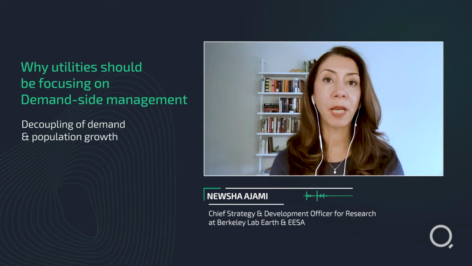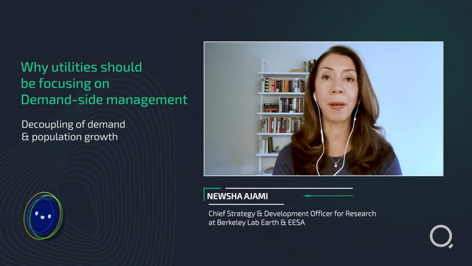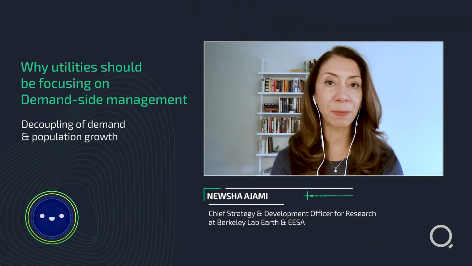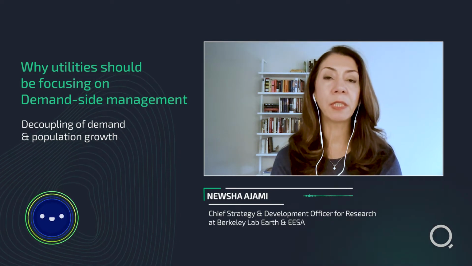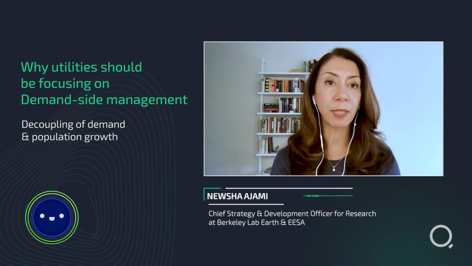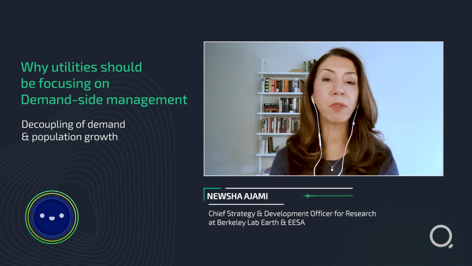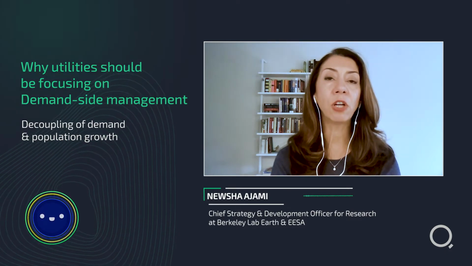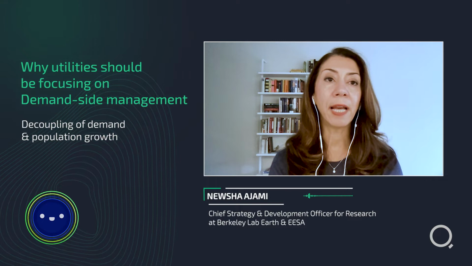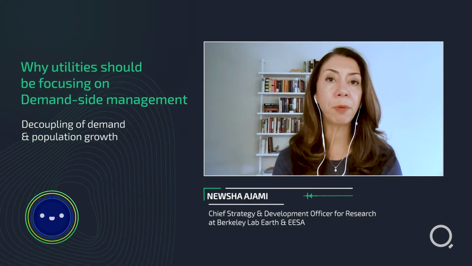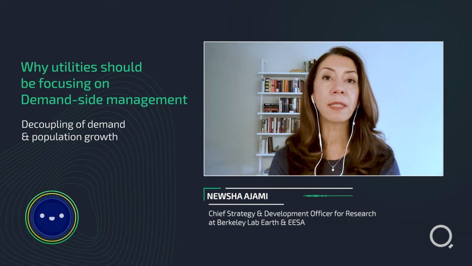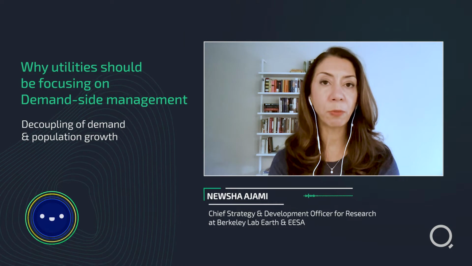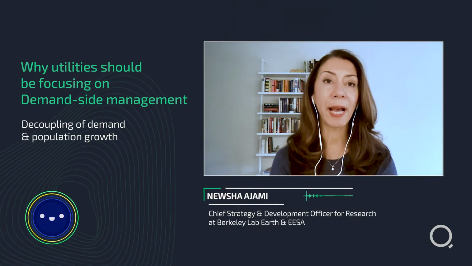Demand and population growth has been decoupling over the past few decades. What we see is as technological advancement is happening, as communities face different water stressors, from droughts to flooding to infrastructure disruptions, they start using less and less water. And that means that even though population in many parts of the developed world has grown significantly, their demand has not been increasing. People have become a lot more efficient in the way they use water.